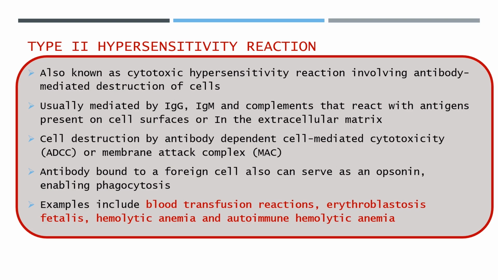It is called antibody-dependent cell-mediated cytotoxicity because usually the target cells are coated by either IgG or IgM before they are attacked and destroyed by immune cells. The target cells can also be destroyed by a membrane attack complex, which is the final product of complement protein activation. Antibodies that bind the target cells are called opsonins, in order to enable phagocytosis.